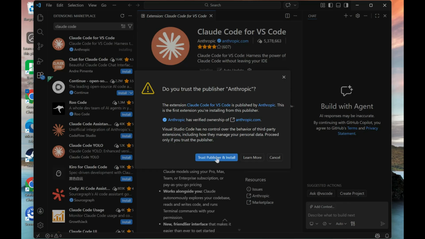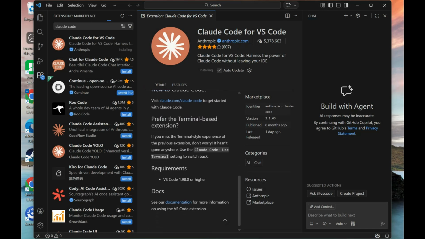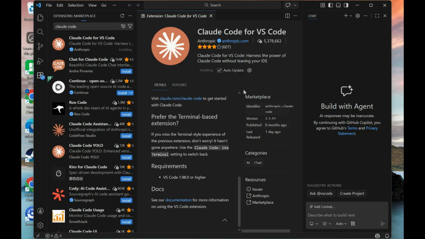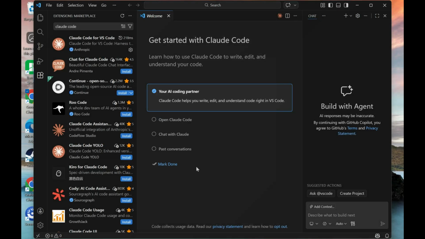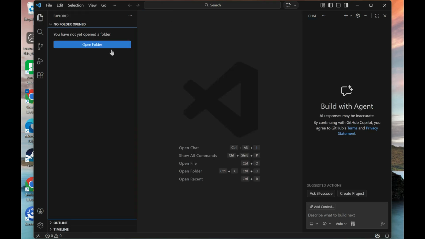It's going to ask you if you trust them. We're going to hit OK. That's wonderful. Alrighty, it's working on installing. Yes, we want to give it access. It started with Claude. I'm not even sure we need this window. Okay. Now we're going to go